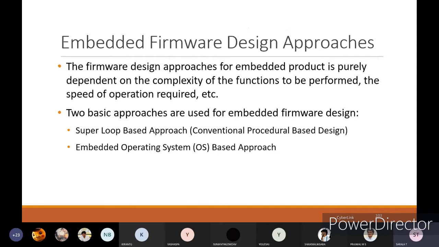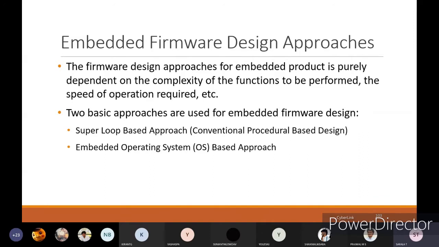The firmware design approach for an embedded product is purely dependent on the complexity of the functions to be performed and the speed of the operation required. Two basic approaches are used for embedded firmware design: the superloop based approach and the embedded operating system approach. The superloop based approach is a conventional procedural based design.